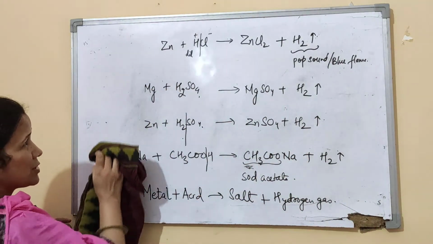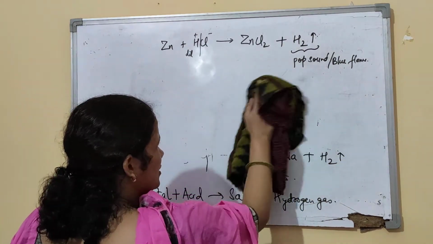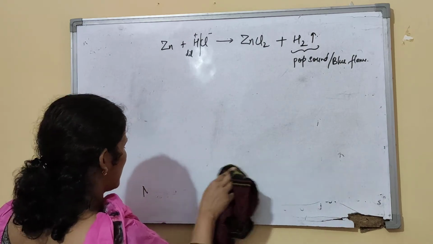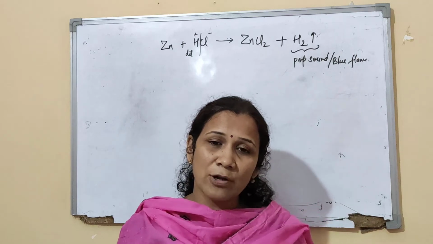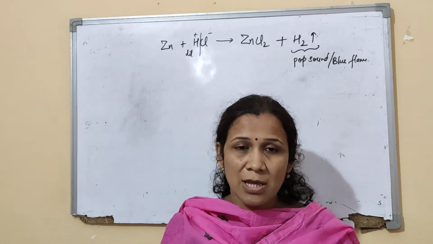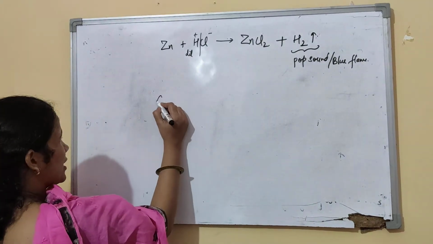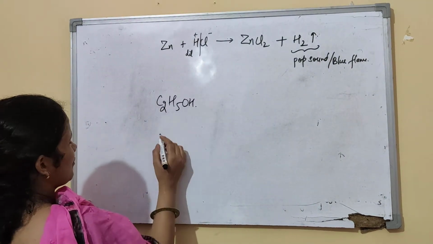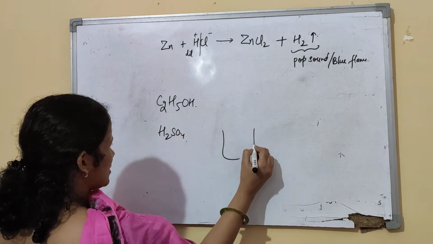But before we proceed to this, we wanted to know whether all the things that contain hydrogen are acids. Are all the hydrogen containing compounds acids? So we will just perform an experiment. We will try it with ethanol, and we will try it with some acid. Take 2 beakers.